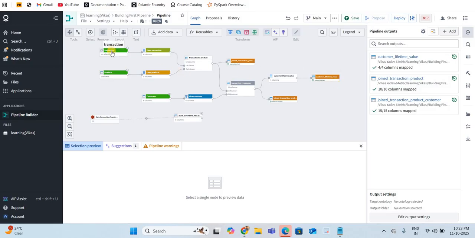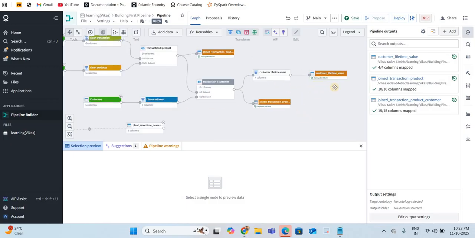Okay, so suppose we have a data pipeline which is already in my system. I have made the data pipeline. So these are the input files and some transformations I have applied, and now this is the final output dataset I have deployed. These three datasets. So first let me show you, this is the output dataset, right? So here exactly we will be applying the data expectations.